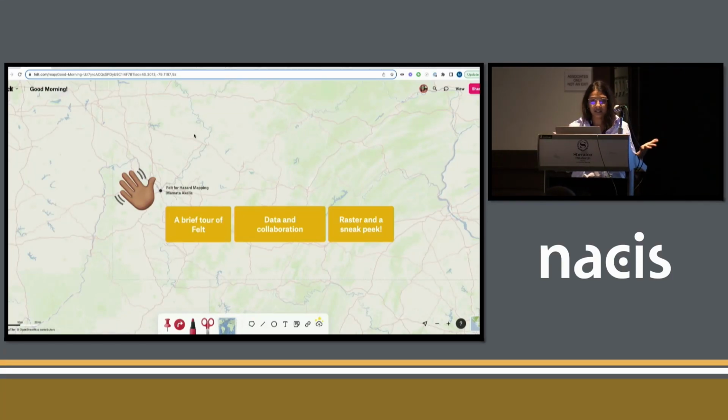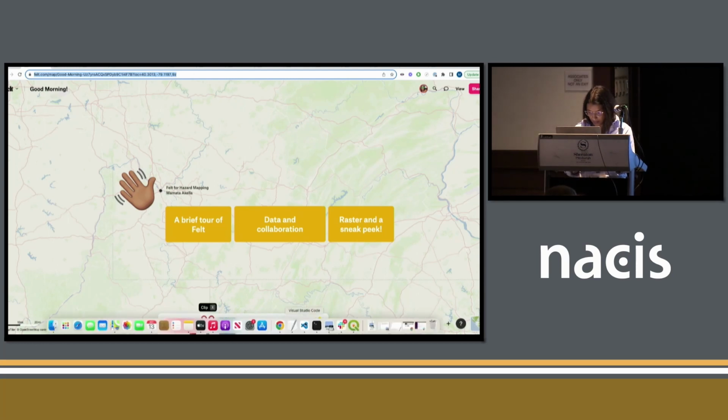Can I just get a show of hands if anybody has used Felt here in the room? Okay, awesome. So what I want to do is give a brief tour of Felt, talk about data and collaboration, look at some of the new stuff that's come out with raster styling, and I'm hopeful that I have been given the green light to show you something that's coming up as well. So I'm going to put this map in the Slack,